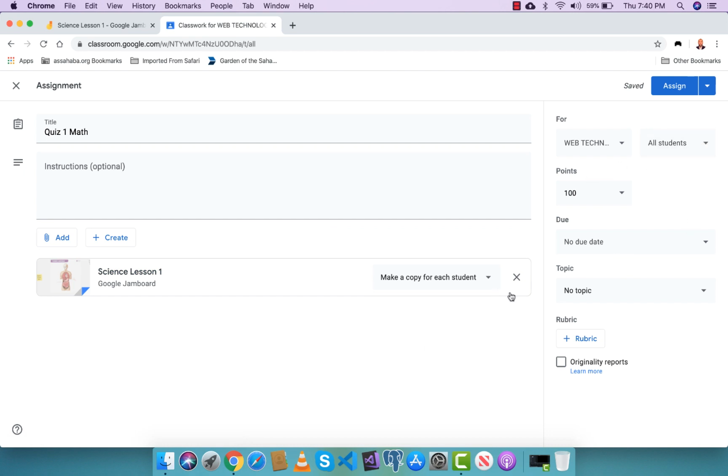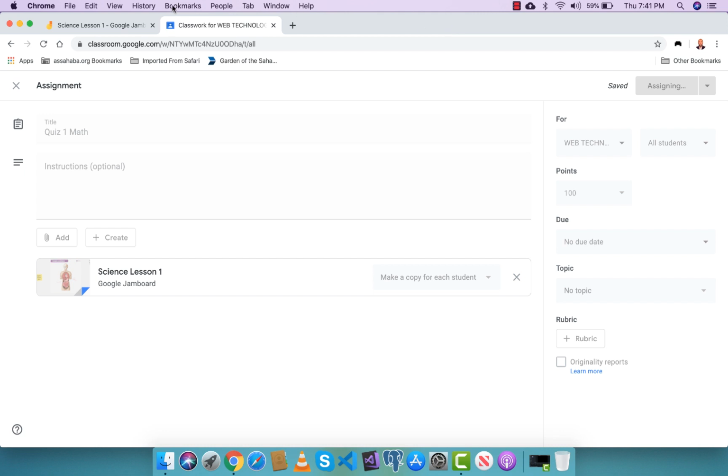So I can assign a topic, I can schedule it, many options. I can choose students if I have more than one student, and I can assign it. Now I'm going to assign it, and the students will see this Jamboard and they're going to answer the quiz,